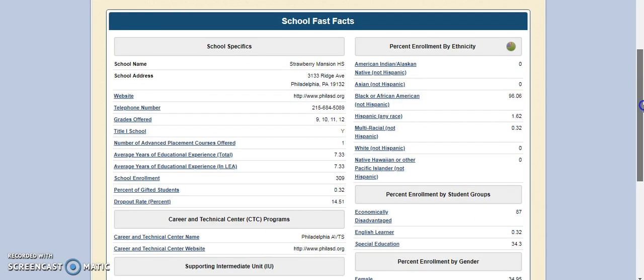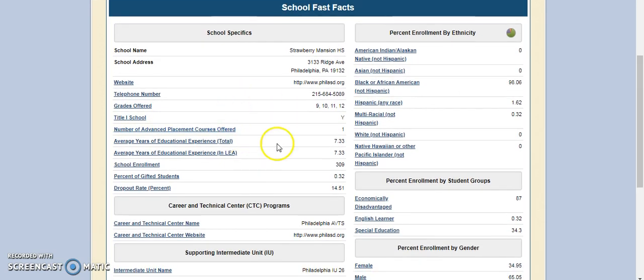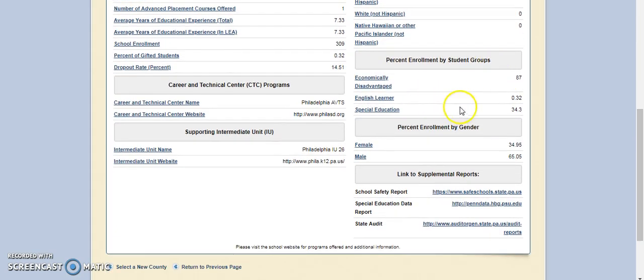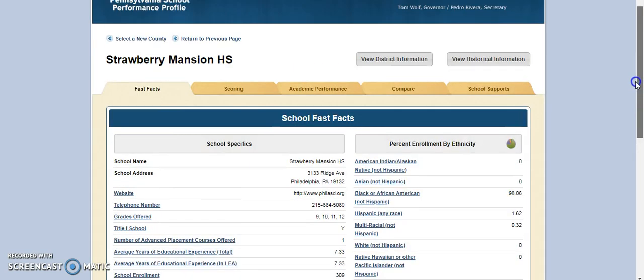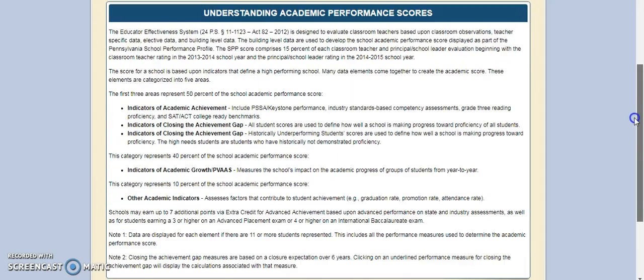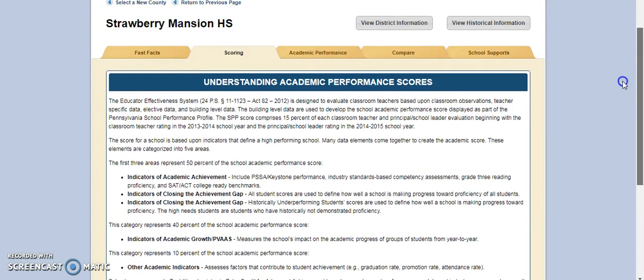It's going to give you all the basics about the school, about the Career and Technical Center, about intermediate units, about the ethnic background of students, the types of student groups: economically disadvantaged, English learners, special ed, so groups in particular that require extra resources, percent enrollment by gender, other reports that will have reference to the school in it. And there are also several different tabs. So this was the Fast Facts tab, but there's the Scoring tab,